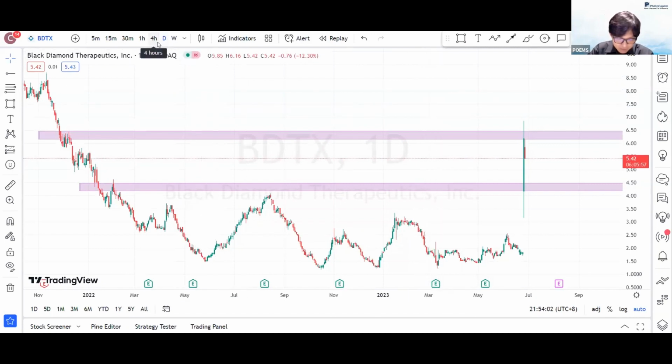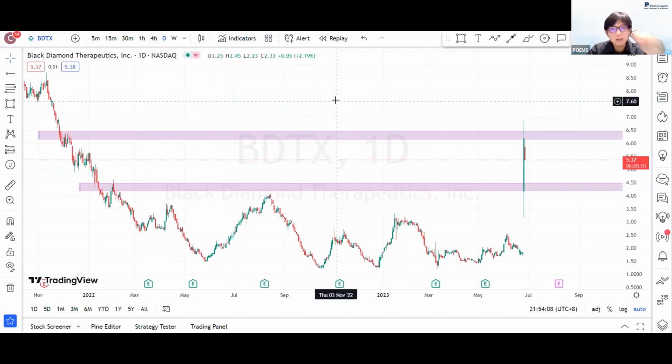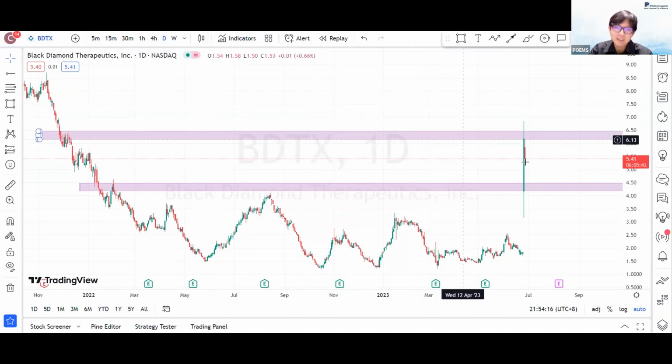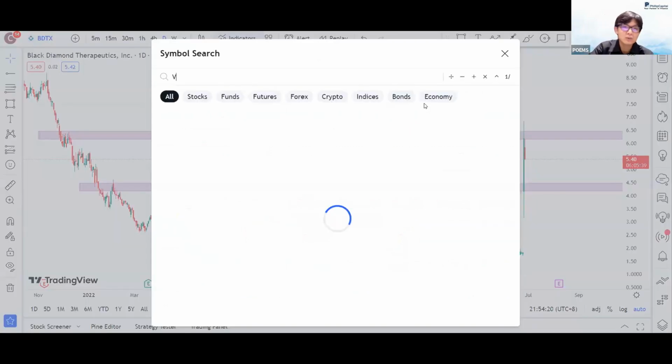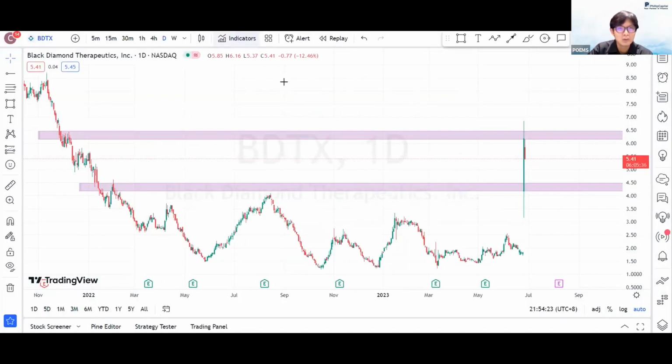Sorry, on the chat we have one question: how did you come about black diamond's top volume? Yes, Peter. The next three counters I'm going to talk about are basically from the top active traded today. That's how I just saw this one. Probably some were top active yesterday as well. If you want to see volume, I can pull up the volume for you. Hang on, let me just.